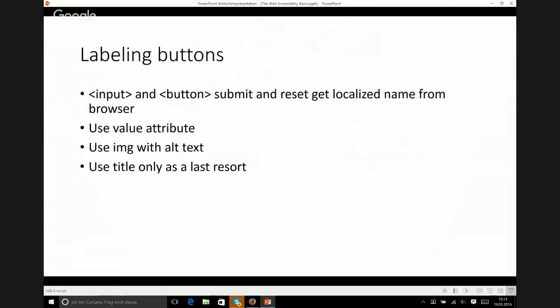For buttons, you have some more options. If you use the input type submit and reset, the label gets provided by the browser automatically in localized format. You can also use the value attribute. You could use images with alt text. And for the next slide, for the button element,